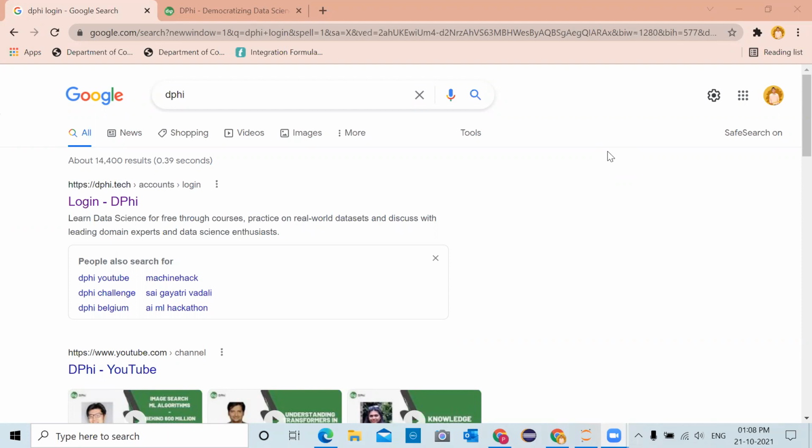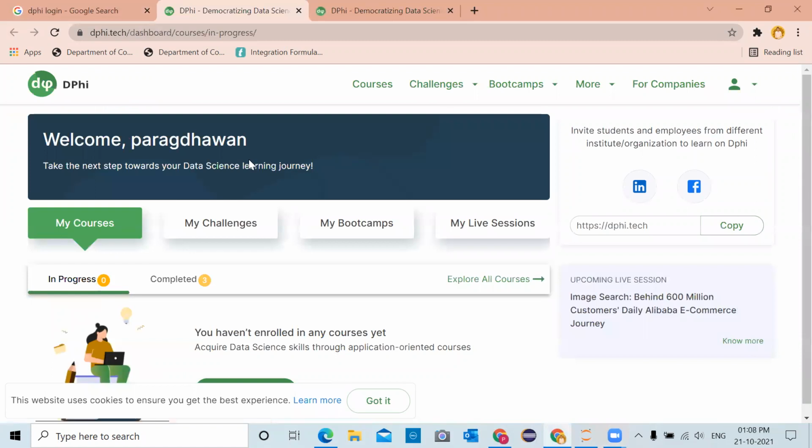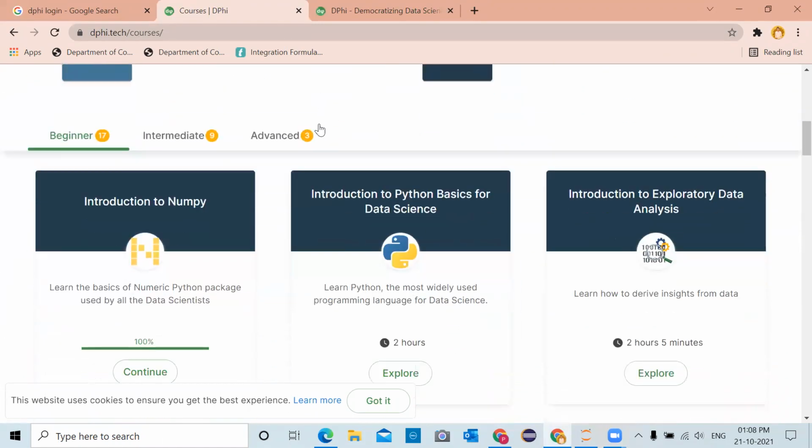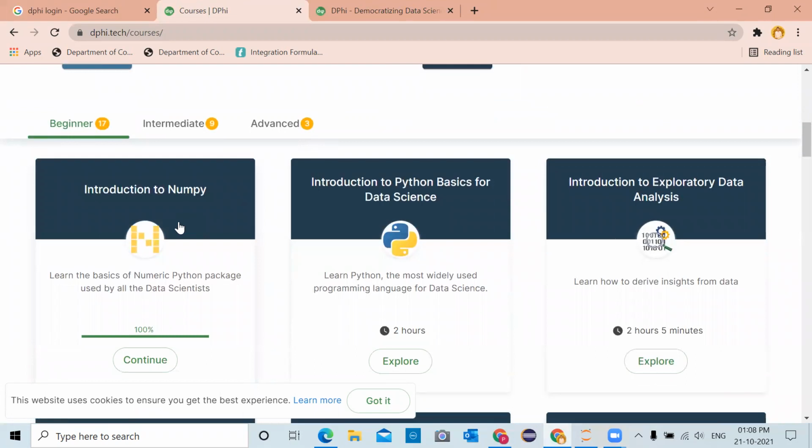So on Google search, you have to type DPHI and go to this link, dphi.tech, and sign up and log in. After logging into the platform, you will get a display screen like this on which you have to click on courses. It provides free data science and AI micro courses, in which we will complete the first course,